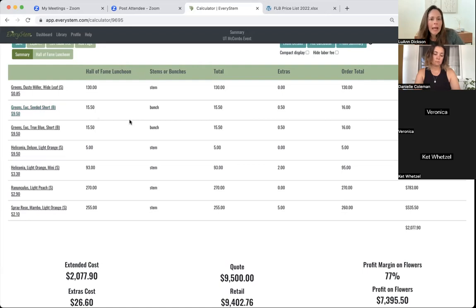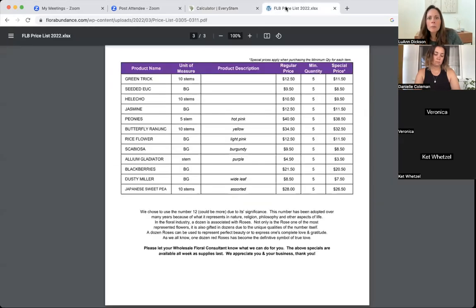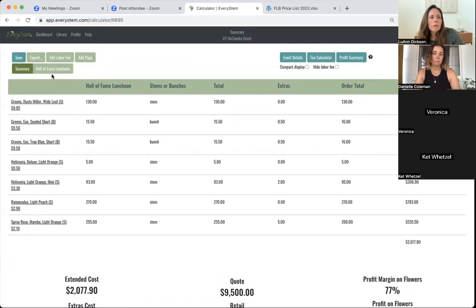Because when we start looking at some of these ingredients, we can see, if I look on my price list, that from Flora Abundance, I've got a few of these flowers, like the rice flower. If I buy more than 5 bunches, I'm going to get $1 off each bunch. Same with my Dusty Miller and my sweet peas. They're actually $2 less if I buy 5 bunches. So if I start looking at some of this bulk pricing when it gets closer to placing my order, then I can really start to maximize what I'm doing because I'm getting some volume, and I can do that by doing multiple orders. So if we take a look back at the first one,